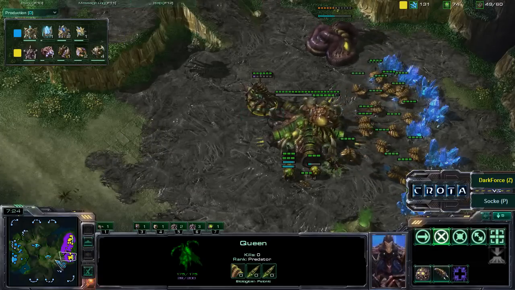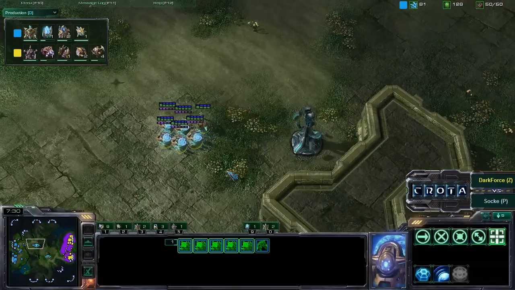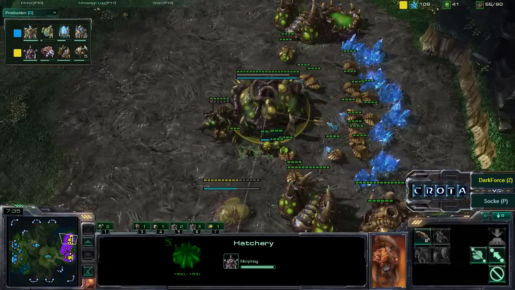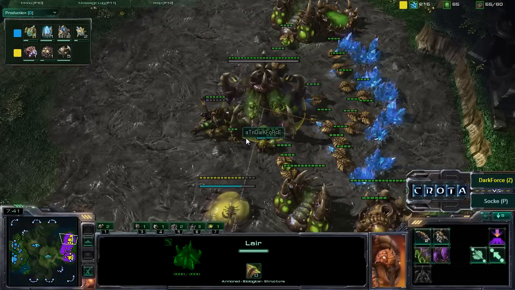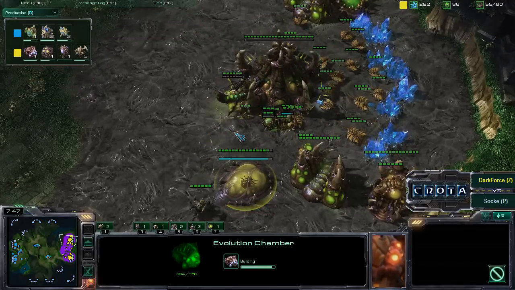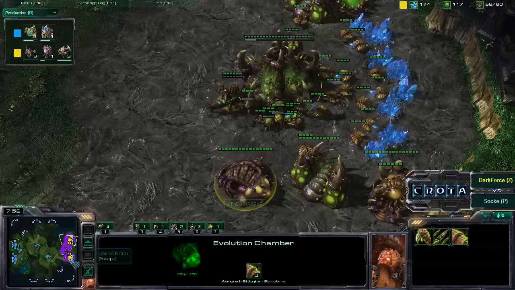Roaches only take 25 gas, Hydralisks take 50 gas, and then any additional minerals you have, you can still dump into Zerglings if you have enough production. Hatchery still will be completed, the tier 2 in just a moment. There it is, and we are getting an evolution chamber. Maybe the level 1 missile attack upgrade will be researched, as that should help increase the damage on that Roach